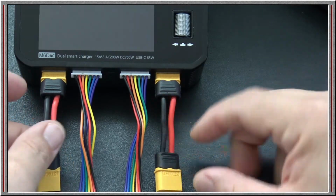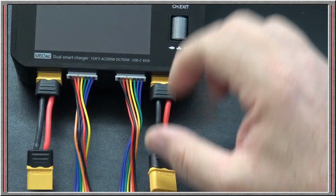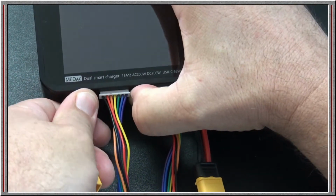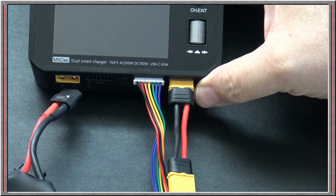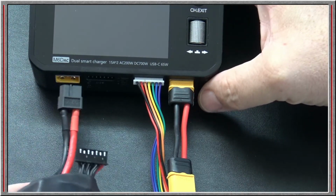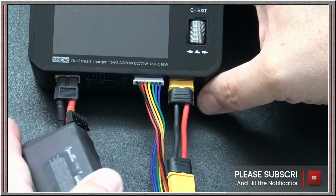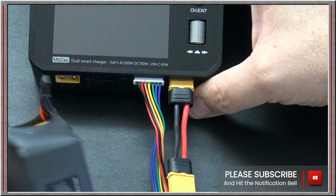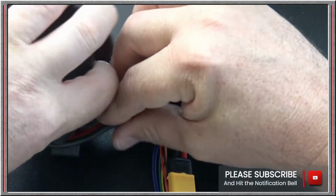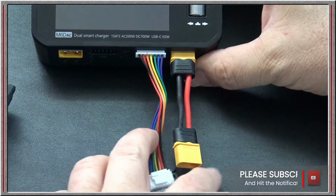So with that said, the reason I added these is because of these batteries. If you look at it, and this isn't a fault of the charger, pretty much every charger is the same way. You can plug this battery in the front, but then you've got to squeeze that silicone and stuff that balance lead in there. And then half the time when you set the battery down, it's sitting like that. It's just kind of a mangled mess. So again, I don't blame the